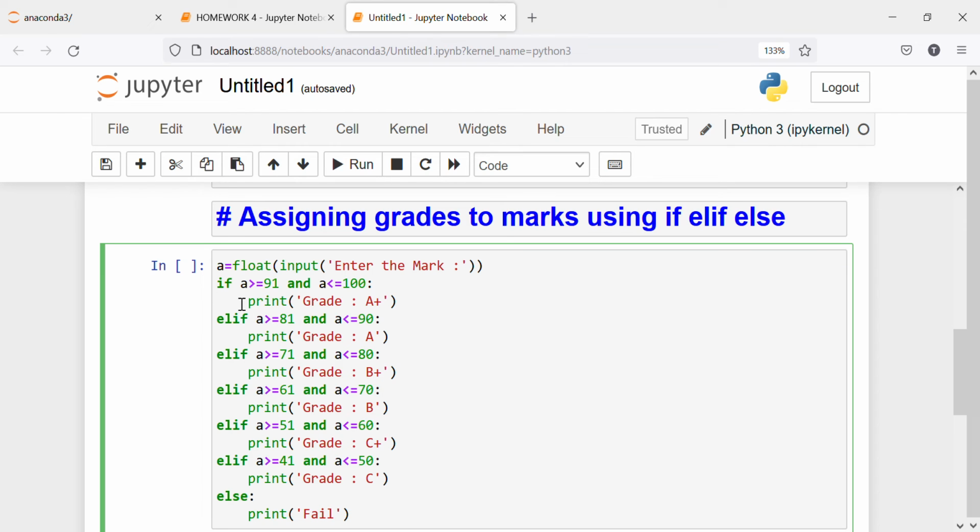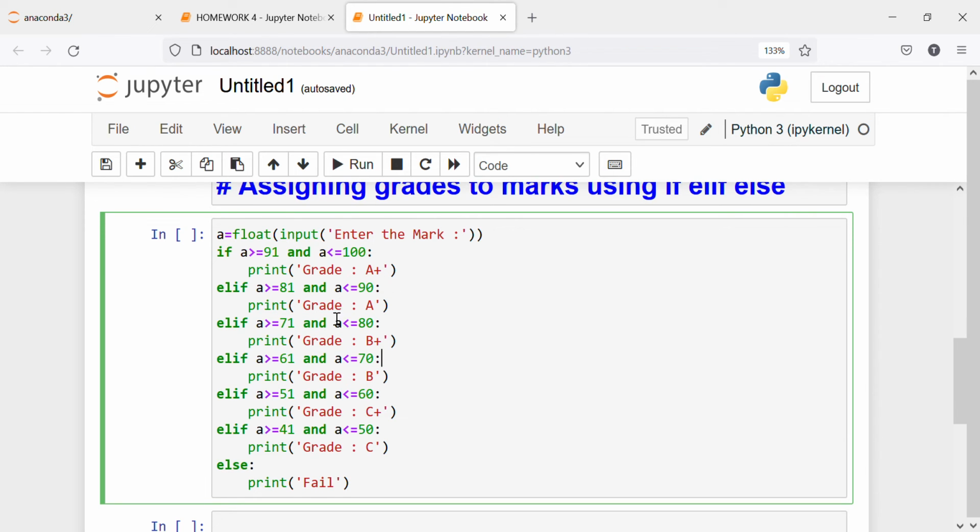So here, if A is greater than or equal to 91 and A is less than or equal to 100, so if the mark is between 91 and 100, or equal to 91 or 100, then it will execute the body and print grade equal to A plus. And if the mark is less than 91, then it goes to the elif